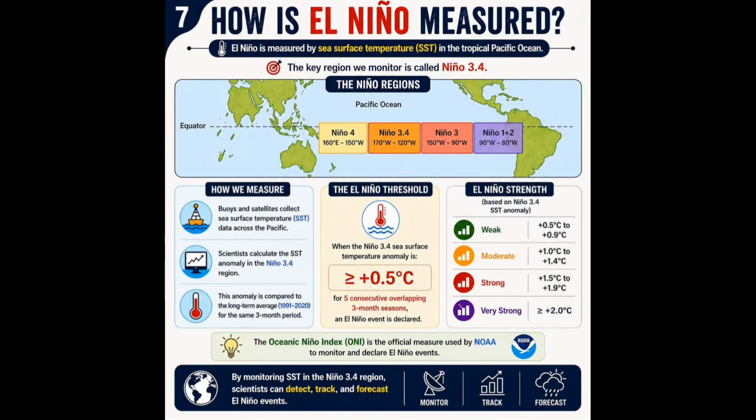How is El Nino measured? El Nino is measured by sea surface temperature, SST, in the tropical Pacific Ocean. How we measure. Buoys and satellites collect sea surface temperature, SST,